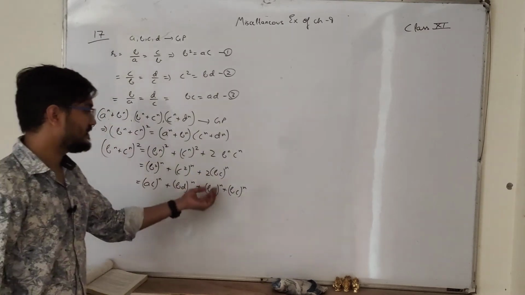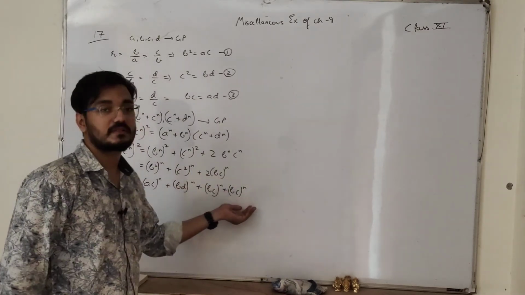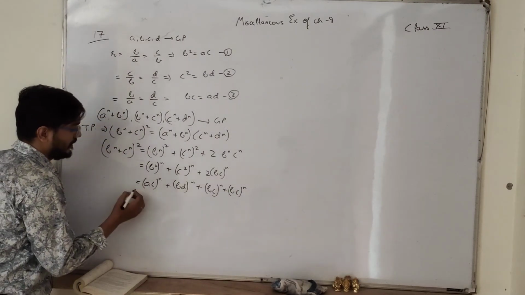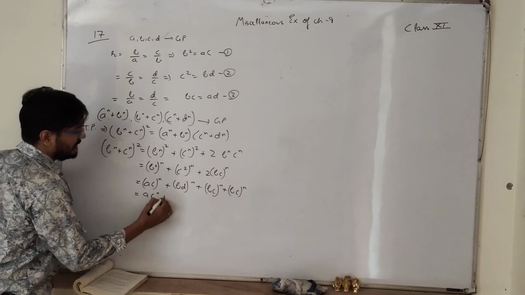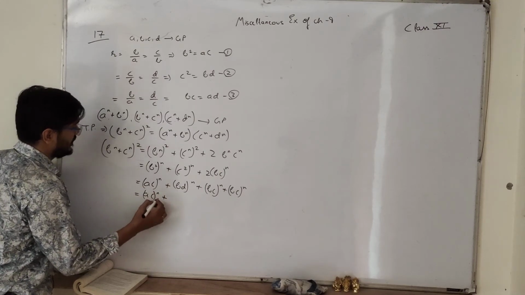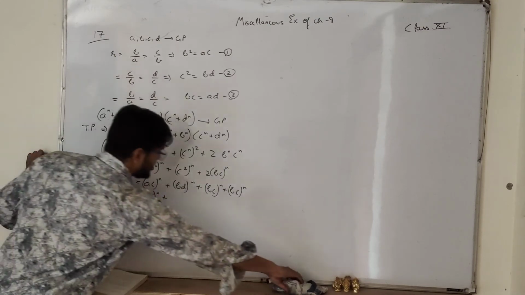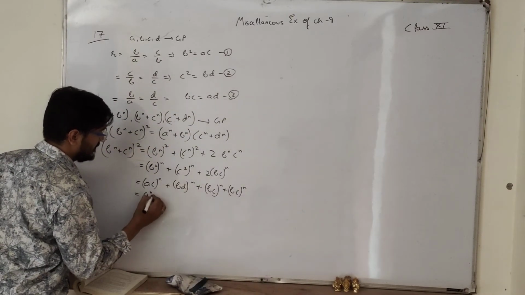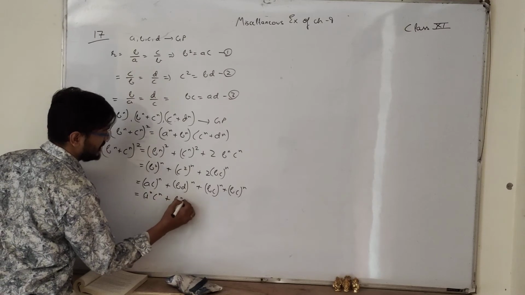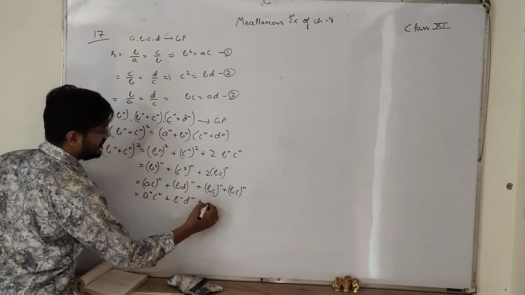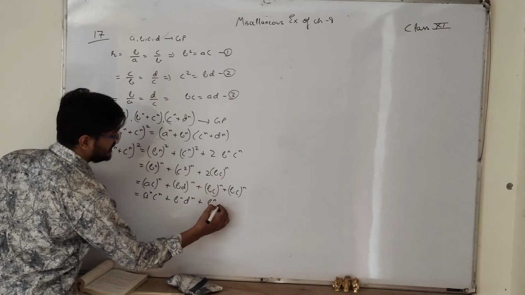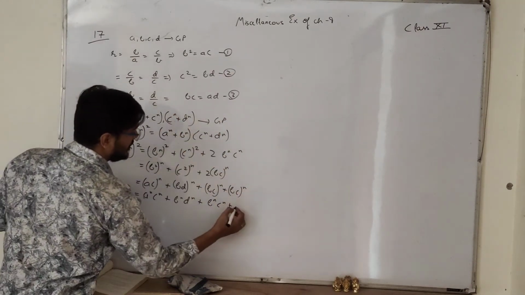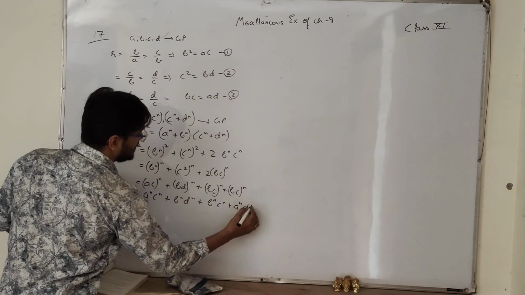2bc raised to the power n means 2 of x is x plus x, right? Simple. So we can say ac raised to the power n plus, okay, let's expand this. So a^n c^n plus b raised to the power n d raised to the power n plus b^n c^n, plus this bc can be replaced with ad, so a raised to the power n d raised to the power n, right?